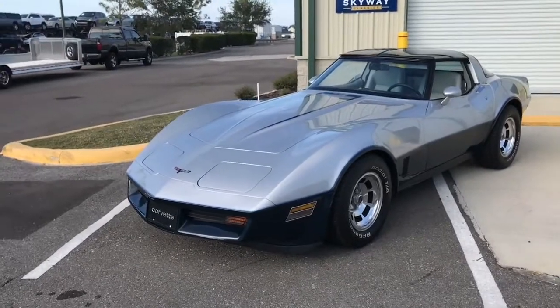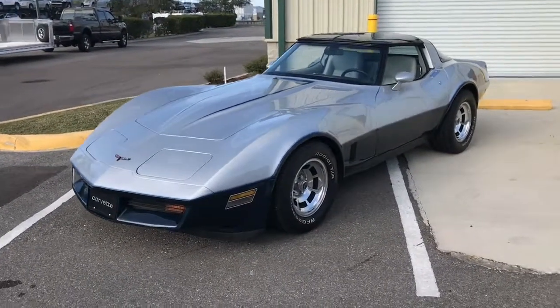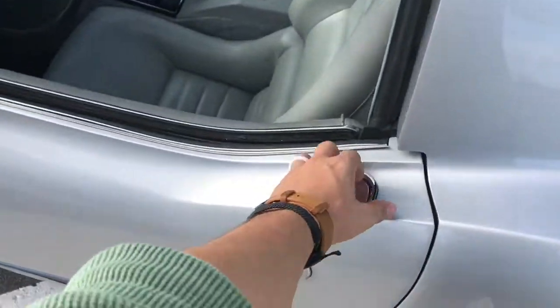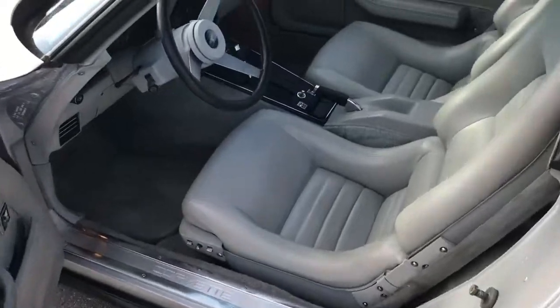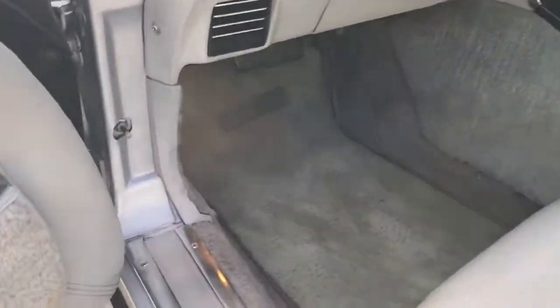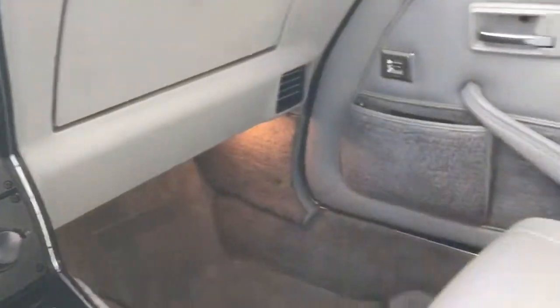So the interior actually is just as clean as the exterior. So let's go ahead and take a look. Taking a gander on the inside. See, very clean vinyl and carpeting. Go ahead and show you guys both the passenger and the driver side, with the trunk